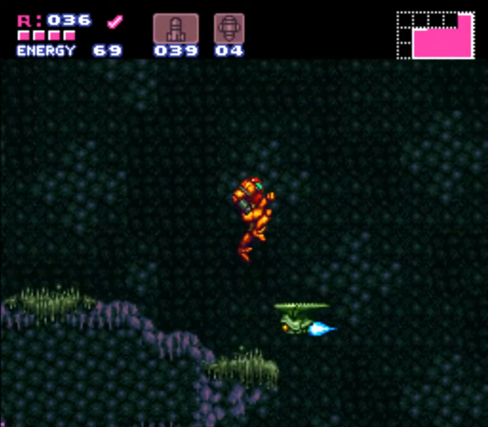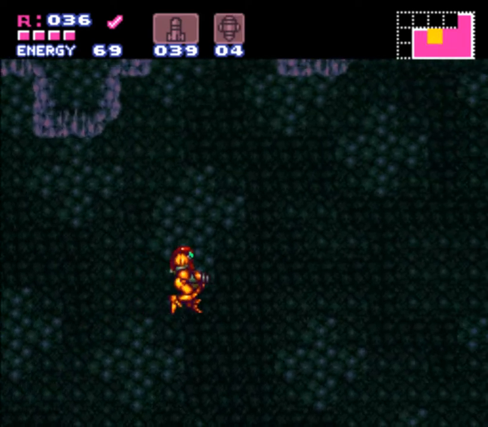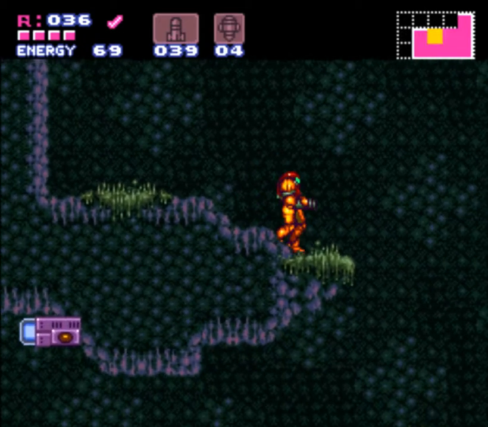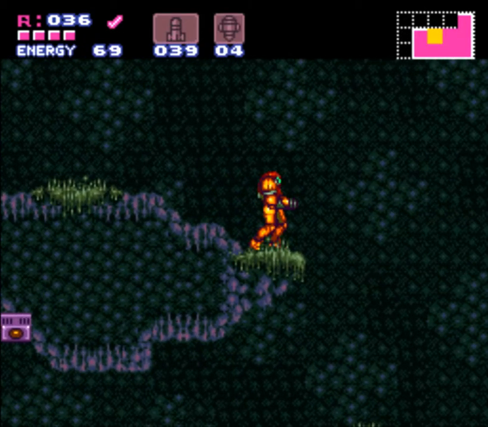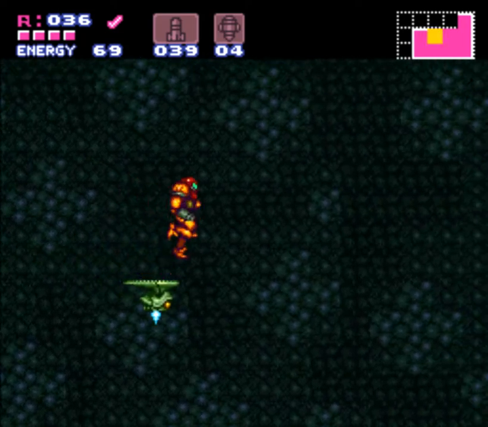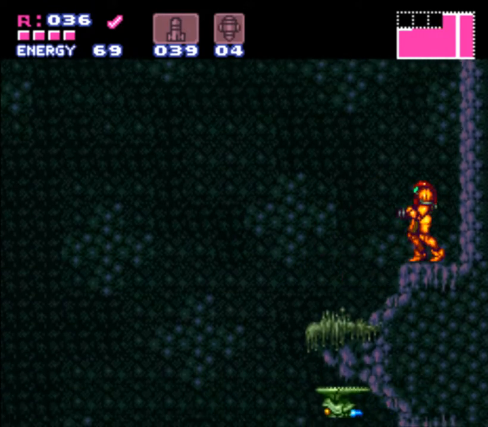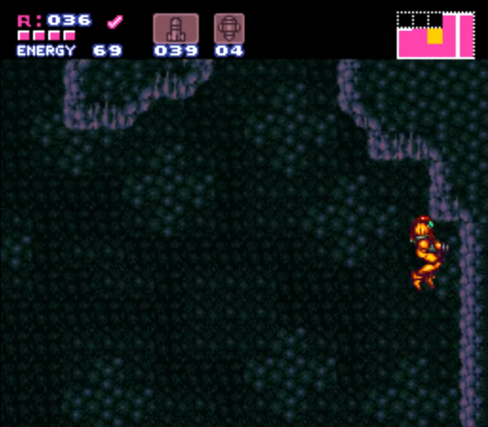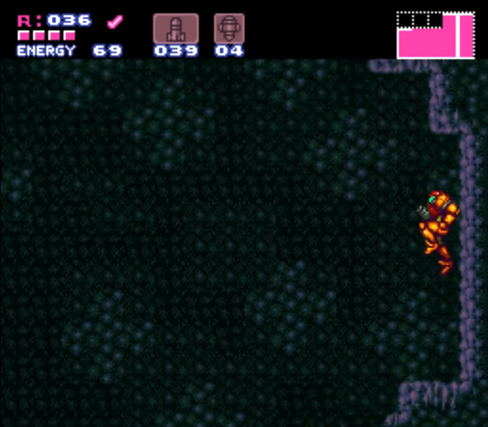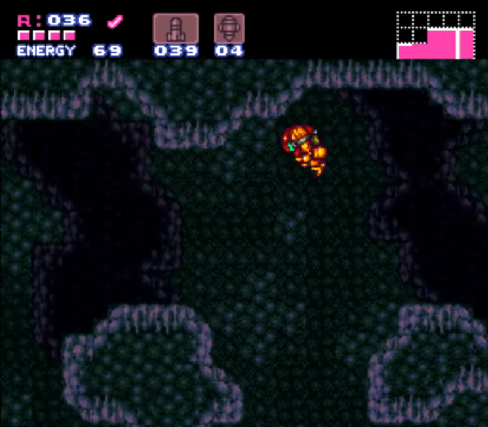Or you could just IBJ, I guess. But who likes IBJing? I guess those who miss their jumps from trippers. Like I do sometimes. Both of the trippers move off screen, so you can just wait for it to come on screen. Like so, and then you jump off of it, and then you can get to the top of the room,